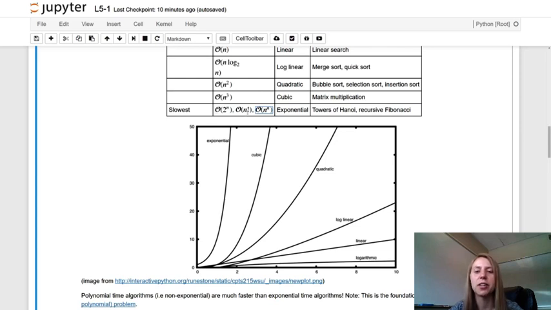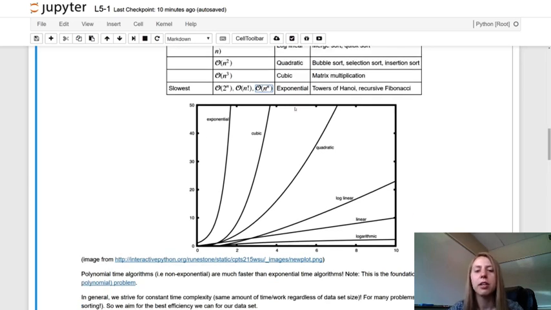N factorial. Some examples of these types of problems include Towers of Hanoi, recursive Fibonacci. These are all examples of our slowest algorithms. I really like this plot here because it shows the relative speed between these different types or